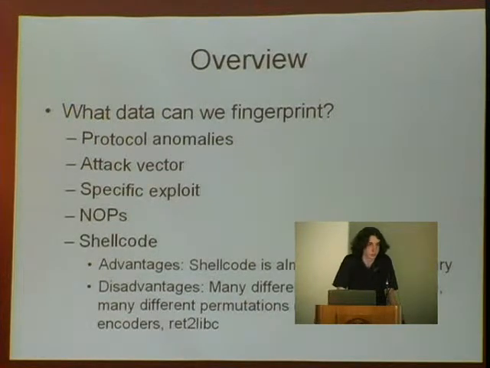And the last one is shellcode. Most exploits have shellcode, unless you're looking at things like command execution, or rather a character injection for command execution, but most exploits generally have shellcode. And so the advantage is that it's almost always necessary. It's almost always going to be there, so you might as well try to look for the most common thing